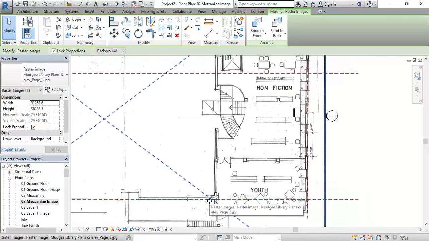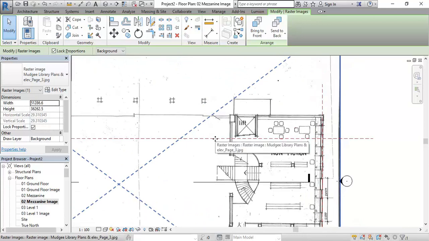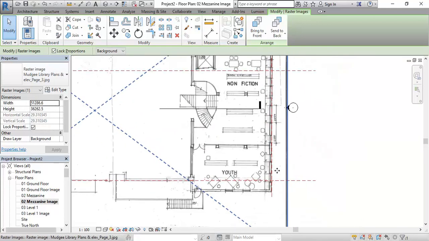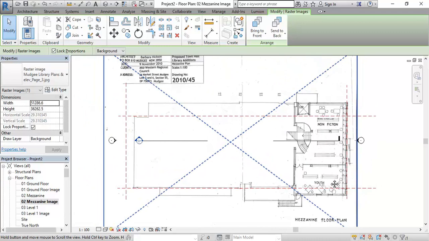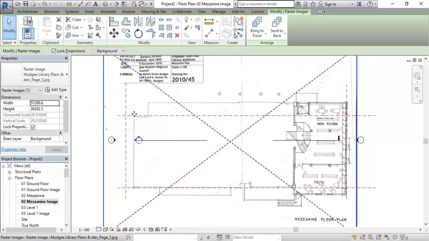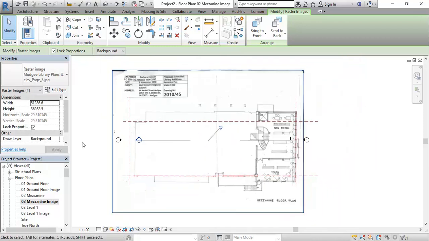This here lines up with this wall at least, and there, well, we don't know. But at least now the back lines up. So maybe that's something you just have to accept, that it won't line up here at the front. But again, there's a good chance that when they were drawing this, they weren't really that worried about this part of the drawing. With hand drawing, that's the way it is. You just draw the things that aren't important very roughly. So I'll be happy with that position for now, so I'm going to pin it. And then